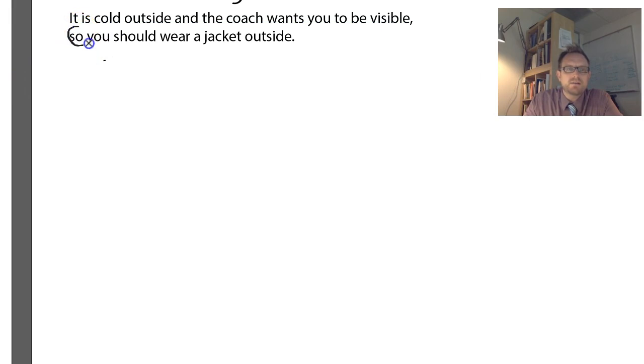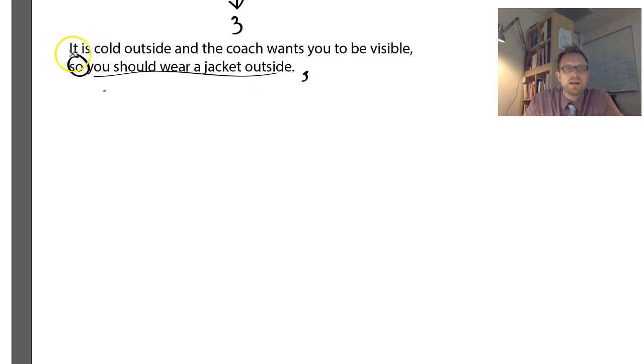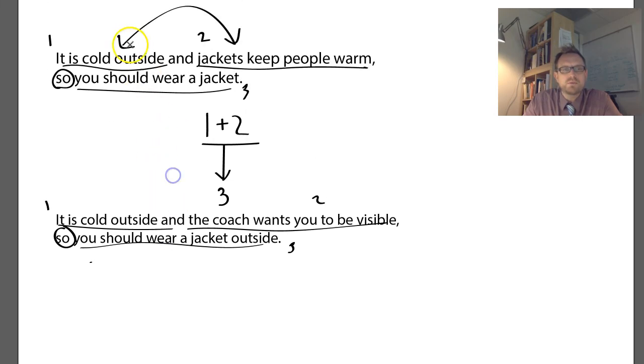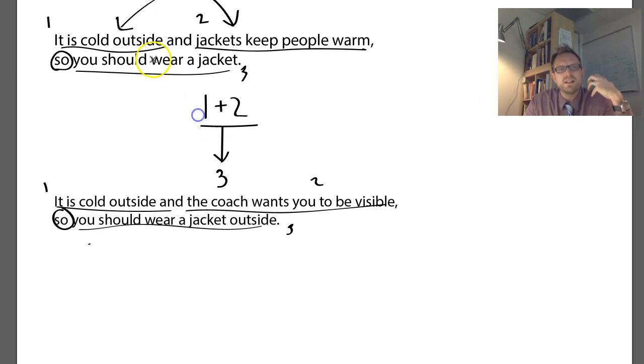Well, again, same conclusion, right? And that's going to be number 3. And then we have, it is cold outside. We have that original premise, so that's 1. And the coach wants you to be visible, 2. Now, unlike our previous example, where the first 2 premises were connected in terms of some sort of dependency on each other, that is, they made sense together,